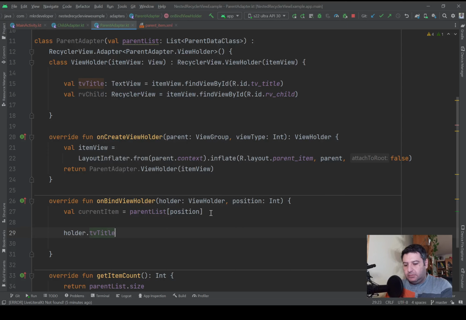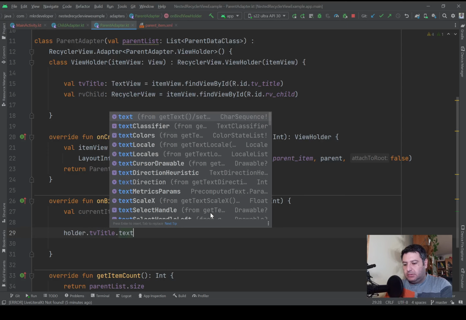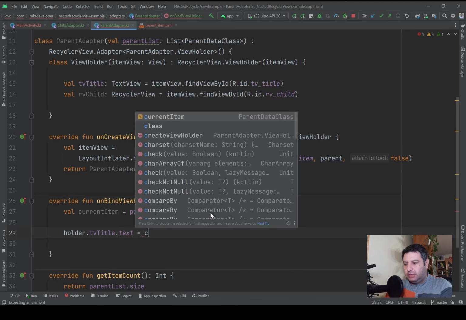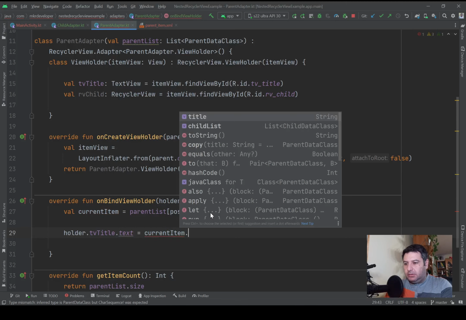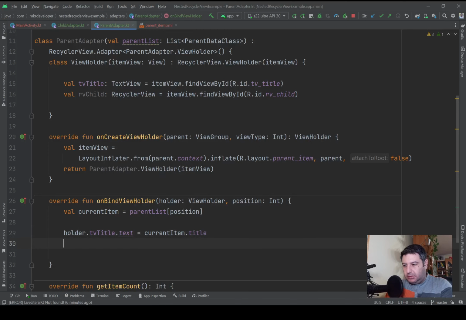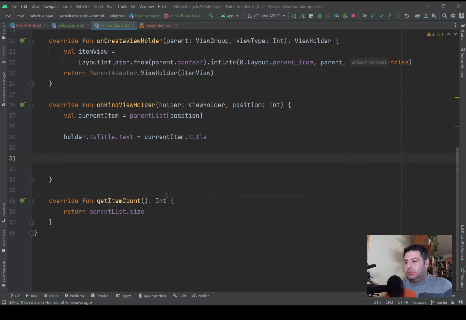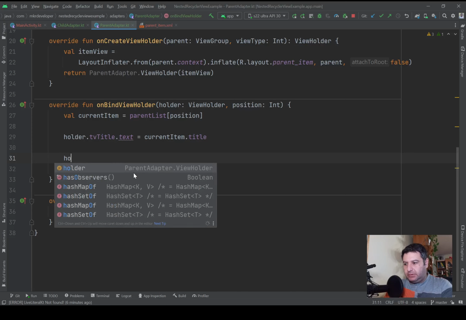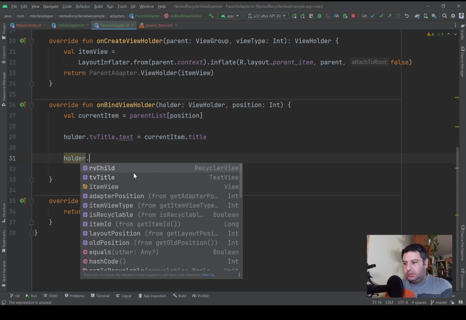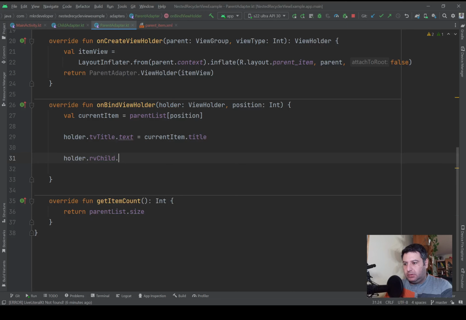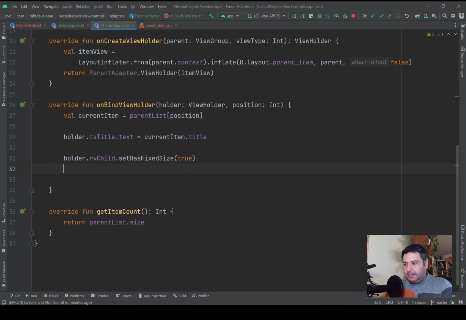First the textView.text equals to currentItem.title, and then I have to write more code for the RecyclerView. So first holder.recyclerViewChild.setHasFixedSize true,